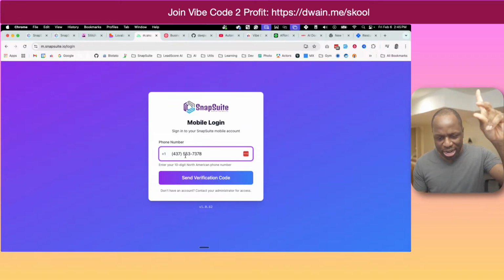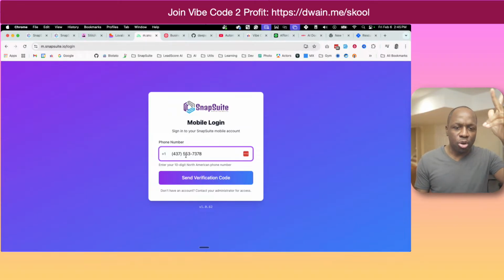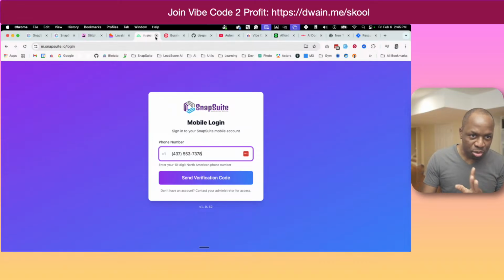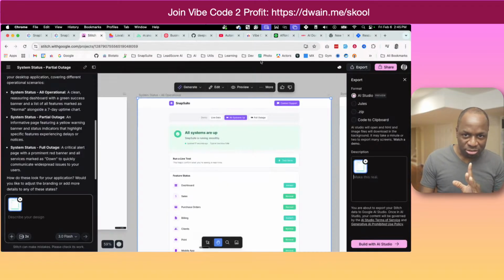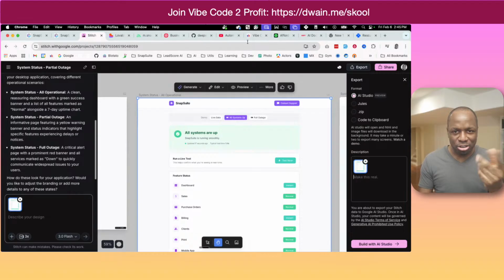By the way, for the person that asked me about the OTP, I forgot your name. This is the app that has the OTP system. It's using Twilio in the back end. It works rock solid every time, all the time, and I don't have to think about things. And I did mention Google Stitch already.